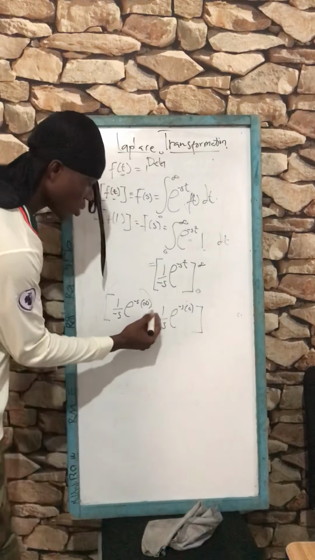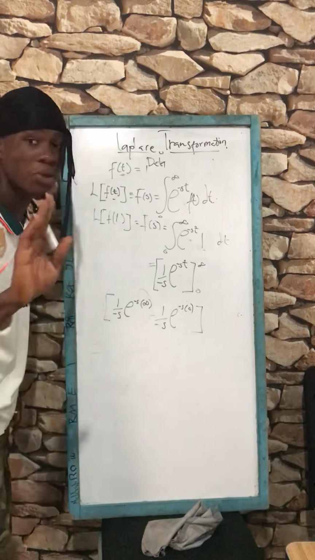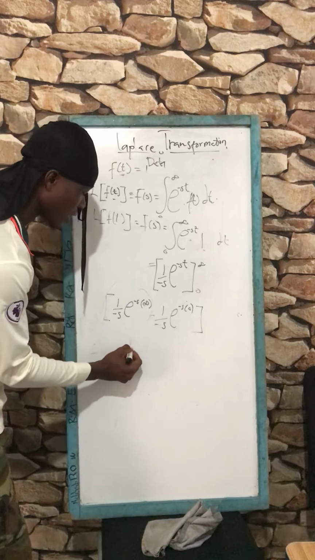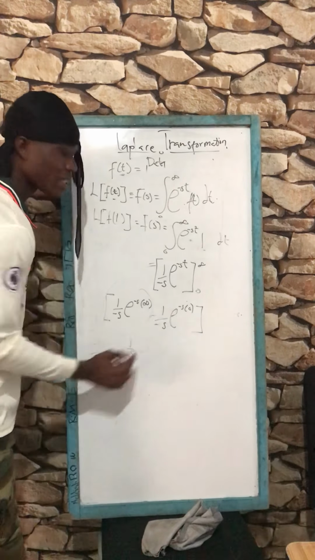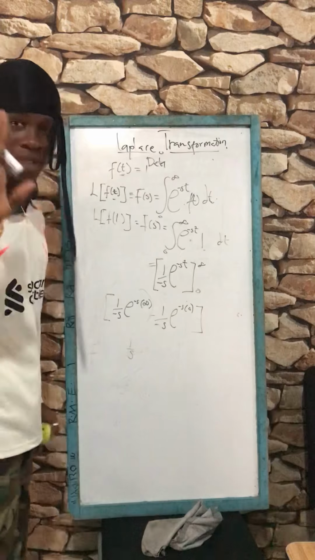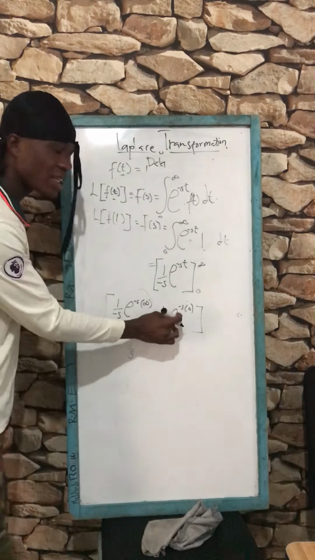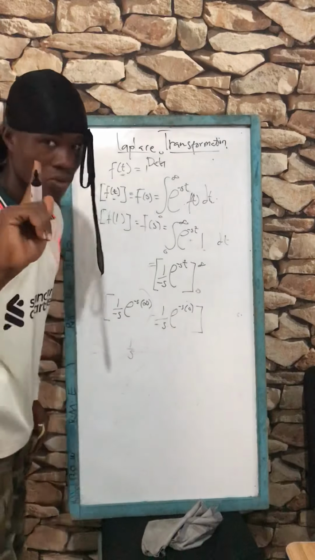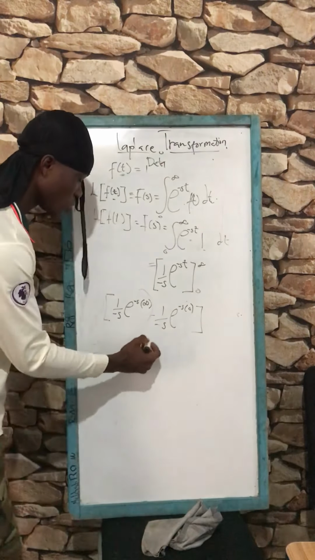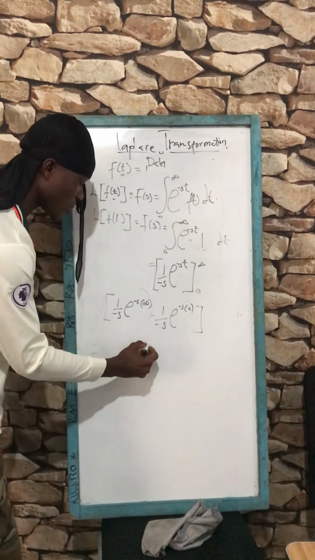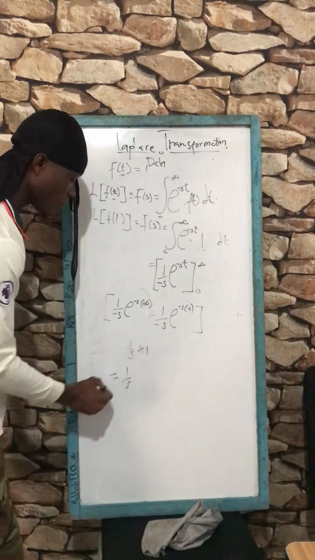Okay, so let's deal with this side. Negative becomes positive, so you get 1 over s. Okay, exponential of negative s times 0 is e to the 0, because 0 times any number is 0. Anything raised to the power 0 is 1. Okay, anything raised to the power 0 is 1. So multiply it by 1. So 1 times this is what? 1 over s. So therefore,